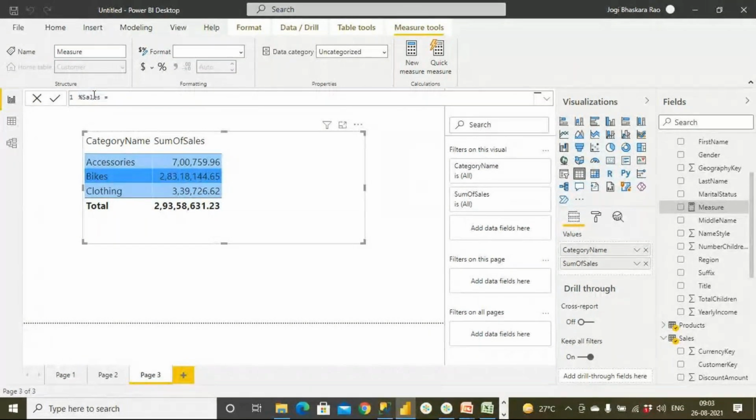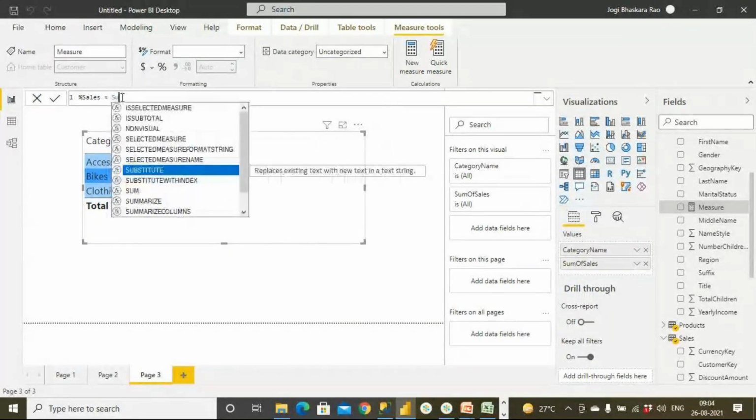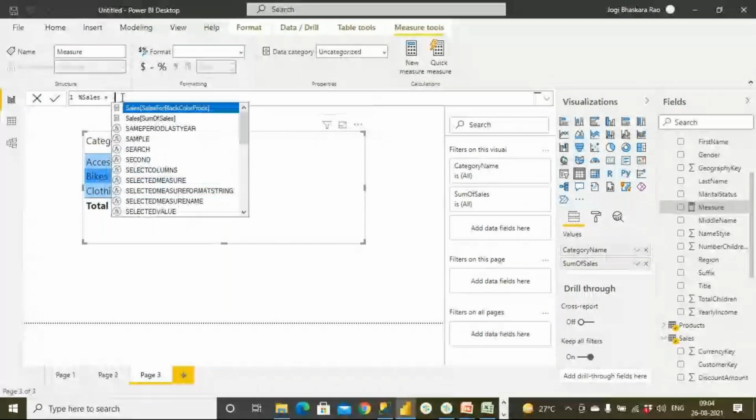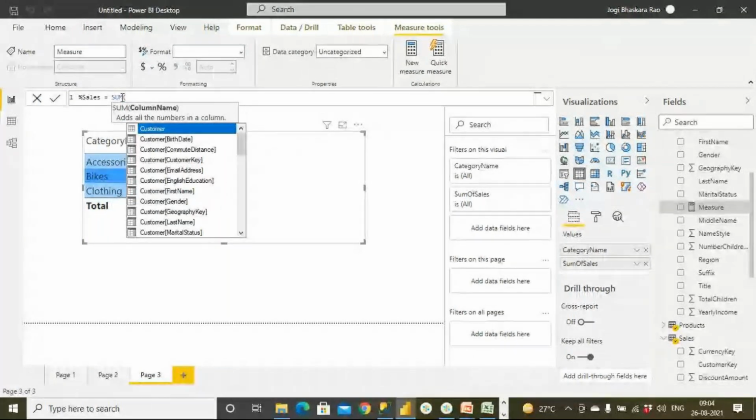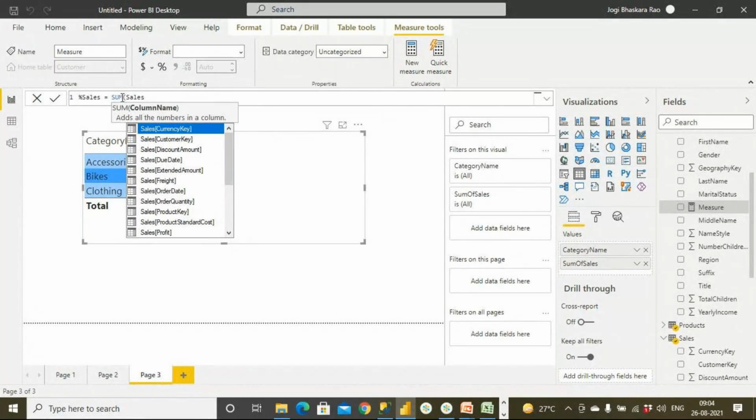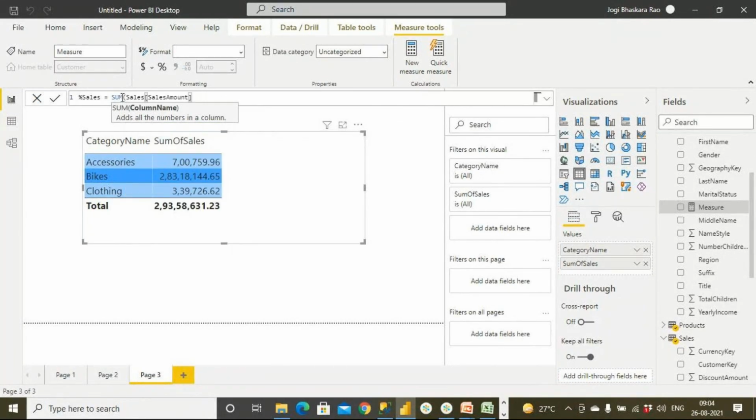So percentage of sales: you can use either SUM of sales amount, okay, or sum of sales amount is already calculated as the sum of sales. I'm going to use this sum of sales instead of writing it out. So that is also fine. So it is sum of sales that I'm going to use, divided by,